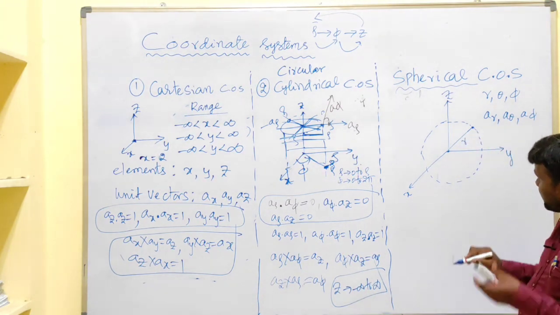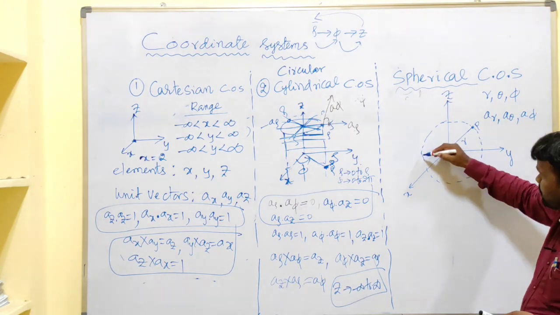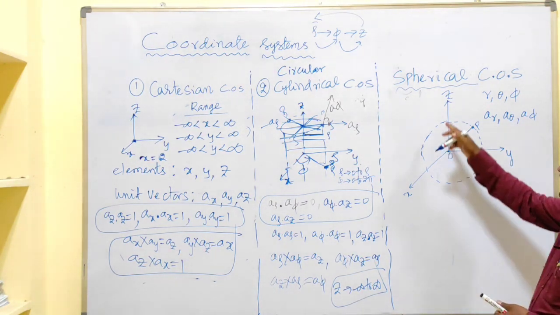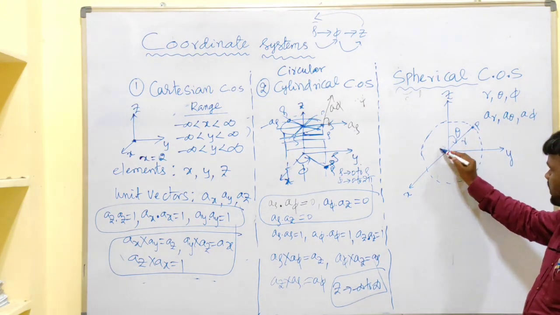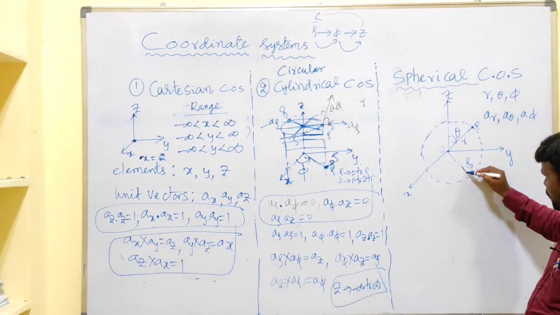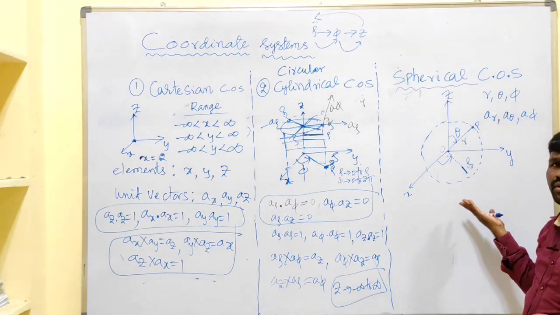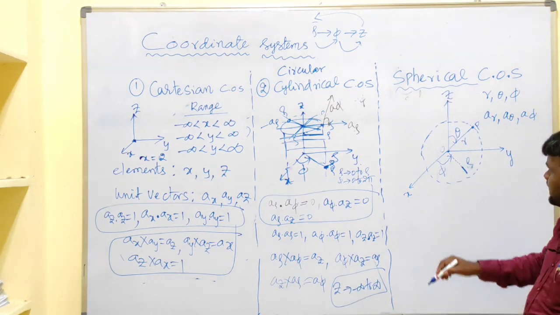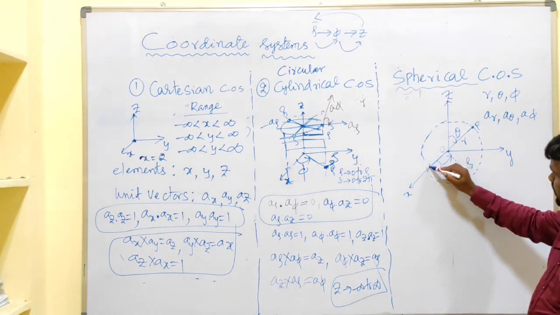This is a r. Let us take this as point P, and this one is our origin O. It has a uniform radius r. This r makes an angle with the reference axis, that is theta. And what about phi? Already we considered phi; let us take it as rho. But in the spherical coordinate system we don't have any rho. We have only r, theta, phi. This is our phi, and this is our x-axis.